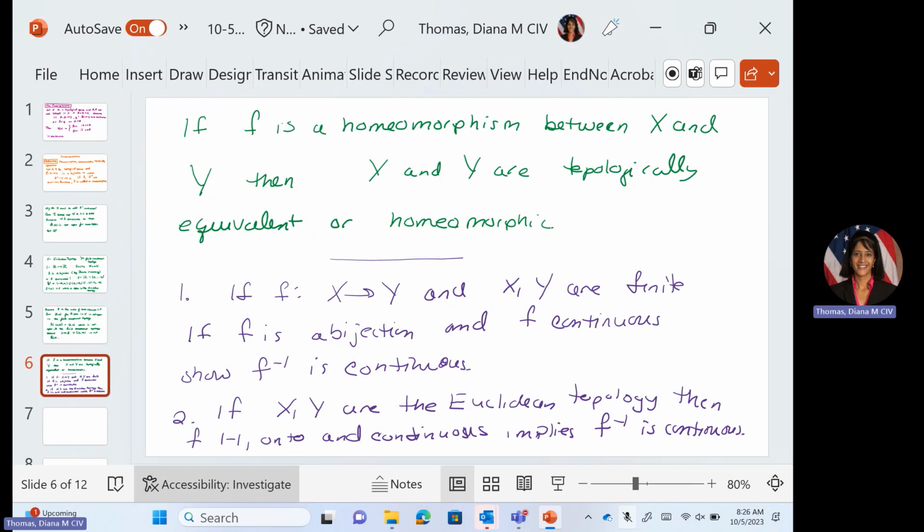So now you can use that theorem to show F inverse has to be continuous under those conditions with the Euclidean topology, because your basis elements are open sets or open intervals. So what I would recommend doing for number 2 is start out with just one open interval and show that F maps that one open interval to an open interval if F is continuous. And that's how to do the homework.